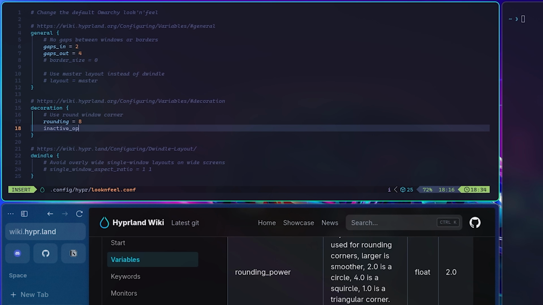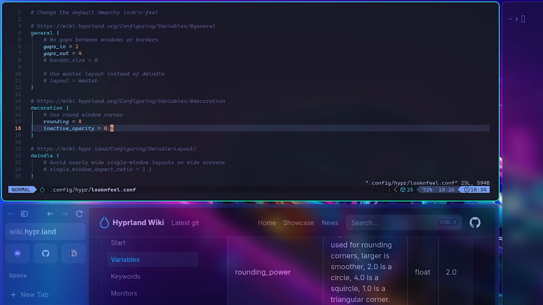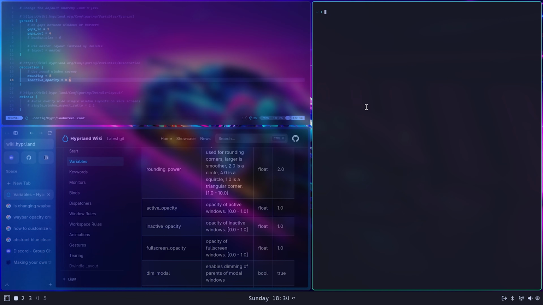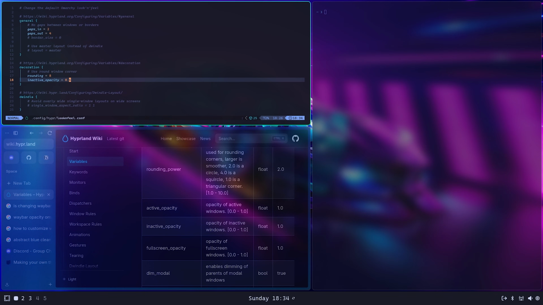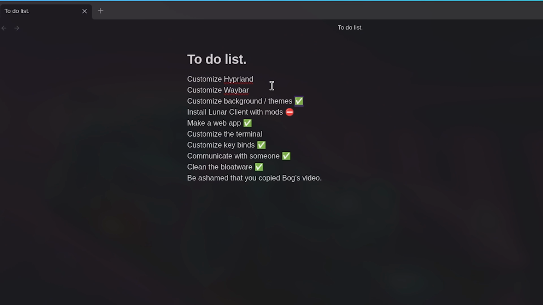Inactive opacity should be 0.6. And so now if I write, oh, wow. Maybe let's change it to 0.7. That works way better than I thought. Okay, so customizing Hyprland was a success. And the Waybar was around half of a success.